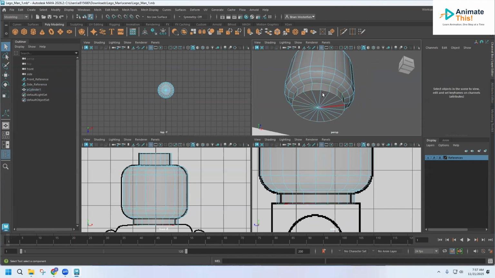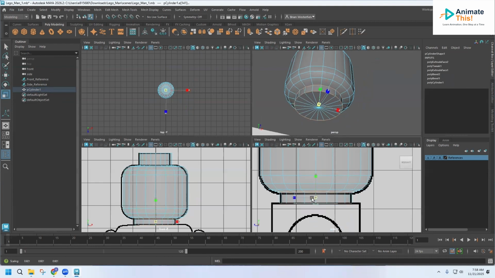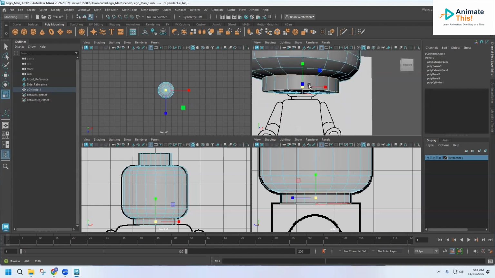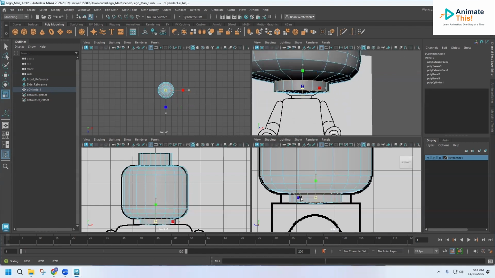And actually, I'll show you one other thing that might be a little easier, just so you know another process. I'm going to shift select these, shift select these. And when I did the scale earlier to scale it proportionately, if you remember the bottom piece, that bottom point kind of bowed out a little bit. So let me scale even further and you'll notice it. See how it bows out? So it's not quite lined up with our bottom ring at the moment. What I can do, an easy fix,